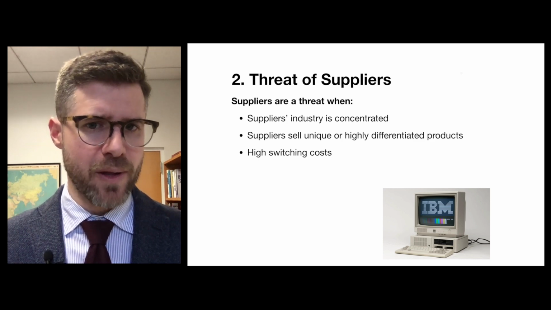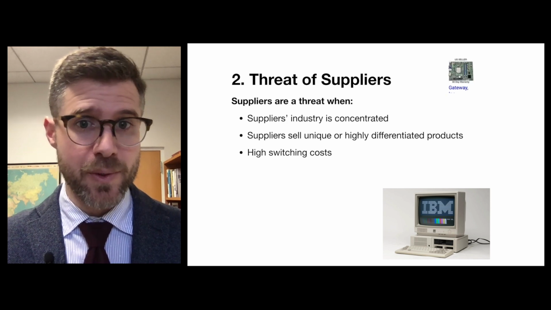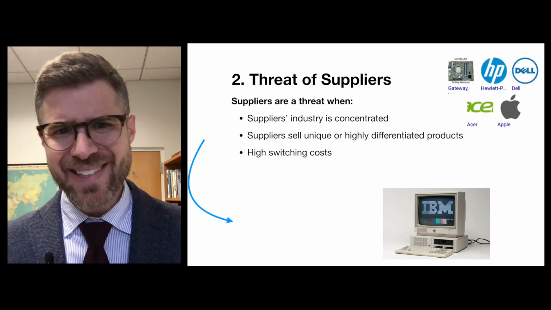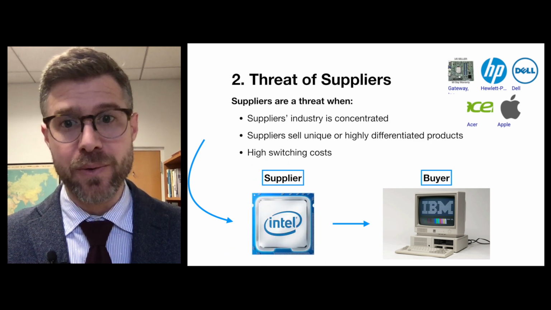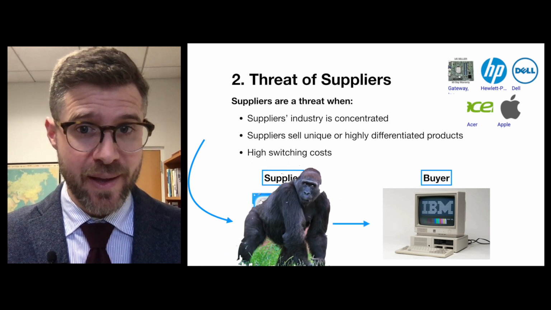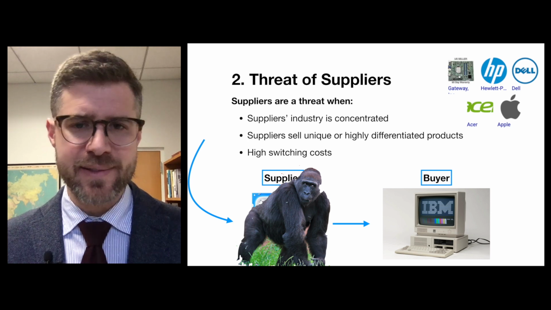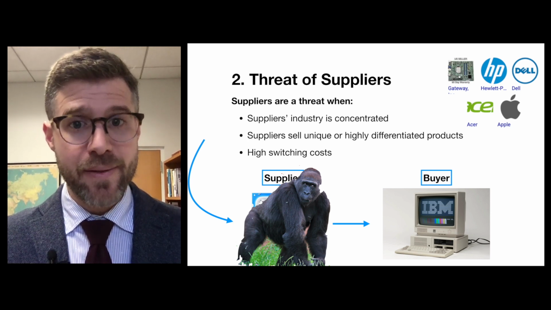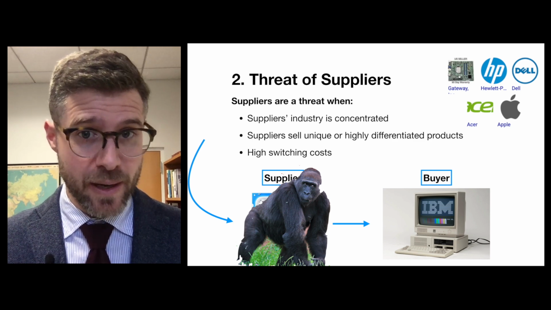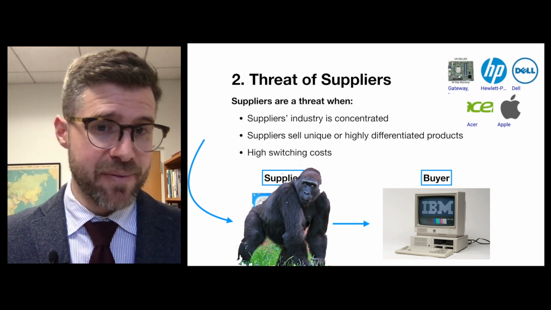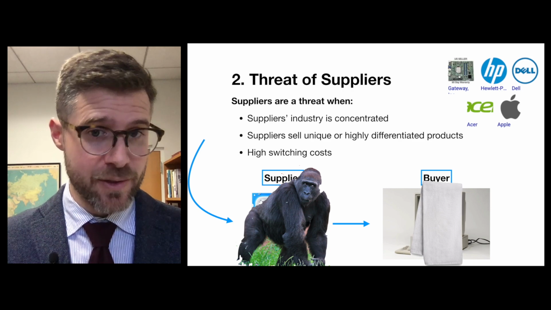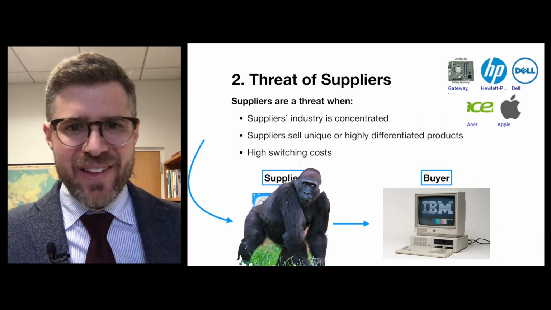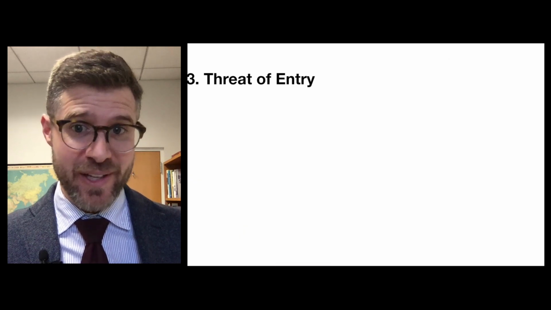IBM was just a smaller player in the PC space. They competed with HP, Dell, Gateway, Apple, and Acer, just to name a few. Intel, on the other hand, was the 800-pound gorilla of processor manufacturers. They sold over 80% of the highest-end computer processors because they had the best manufacturing capabilities. Therefore, they could charge higher prices for their products. So after decades of low profits, it's no wonder IBM threw in the towel in 2004 and sold their PC business to Lenovo.